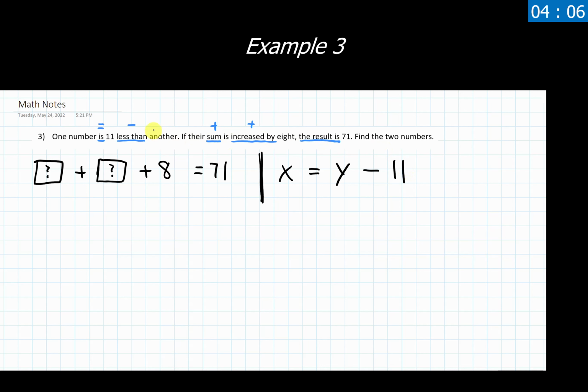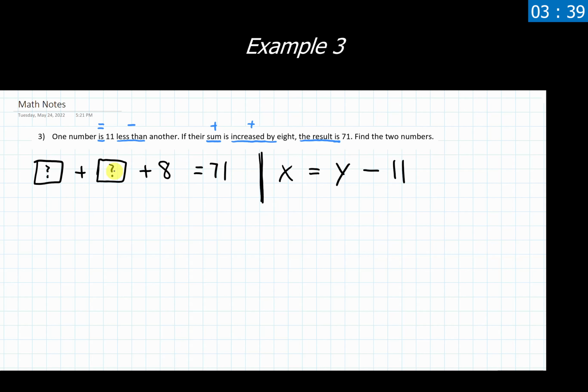This is also something that's written on that English to Algebra page that we went through at the very start of the video. I'd recommend going back and taking a look at this, because there is a difference between this being less than, or 11 less than another, and 11 less another. It's very subtle, it's very frustrating, no arguments there, but the ordering that we have with that absolutely does matter.